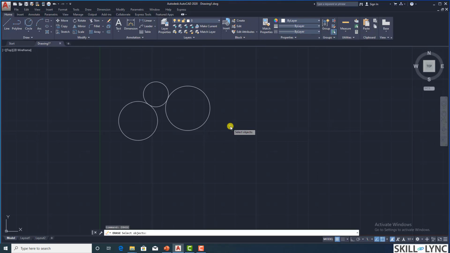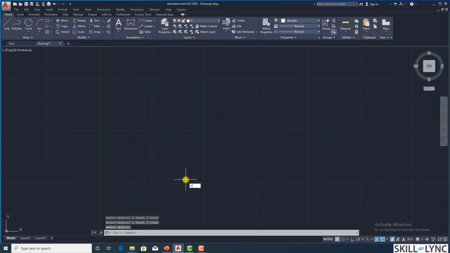and then click on enter, and then you can select the objects that you want to delete. When clicking on these 3 objects, you can see that the selected objects count has been incremented each time. In total there are 3 objects, and click on enter to execute the command. Now the objects have been deleted. Now if you want to revert this, we have to type in oops,